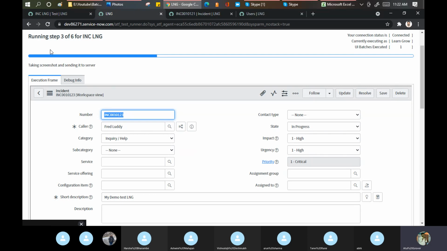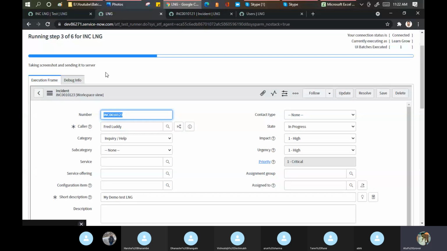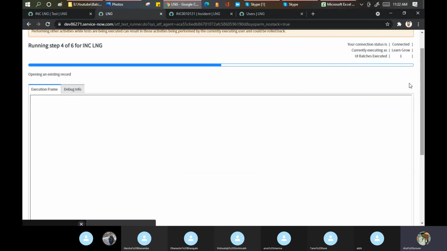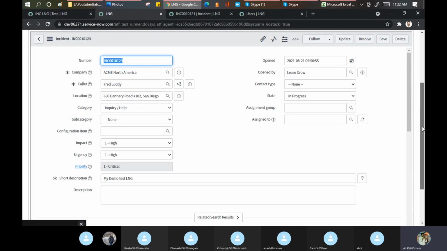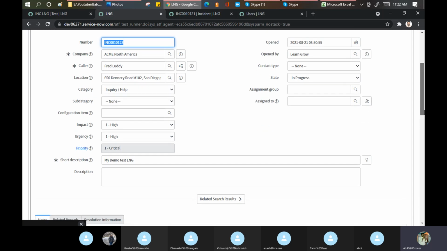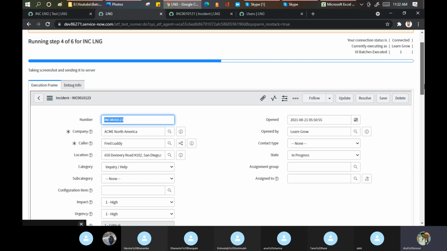See how much code they write in the background for these things, to take a screenshot, add it there and all the things. ATF is useful for my upgrades. That is the biggest benefit of ATF. See, I'm on step number 4 now. See, open the existing record. Which record did it open? 1, 2, 3. Why? Because I told it to open the record which you created in step number 3. It has just opened. That is number 4. Number 5 will come. That will update the values.